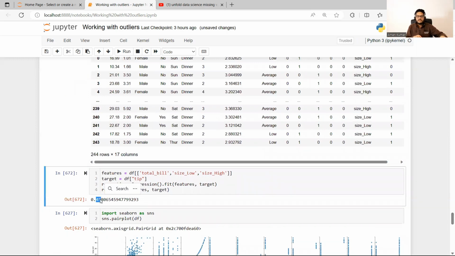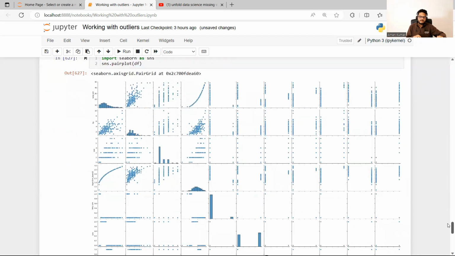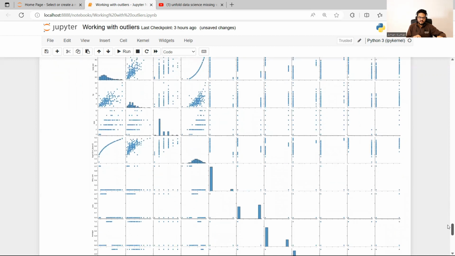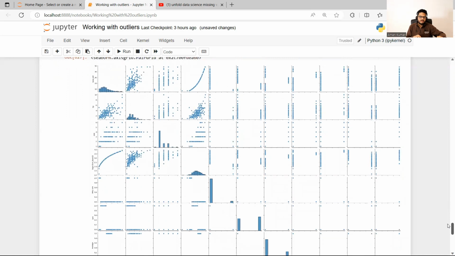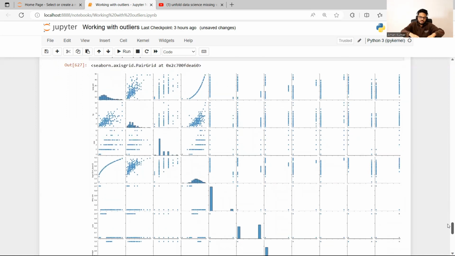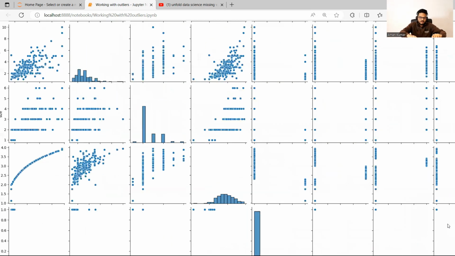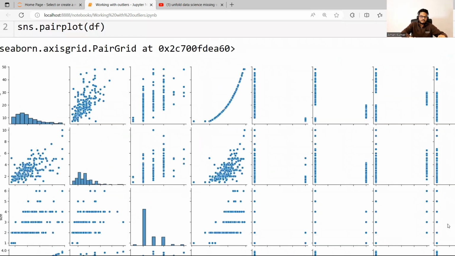I'm just trying to show you how the flow of working with a model should be. Then I thought, since I'm fitting a linear regression model, why not see the relation between all the columns in the data. As you can see here, this is a pair plot of the data. For my linear regression to perform well,